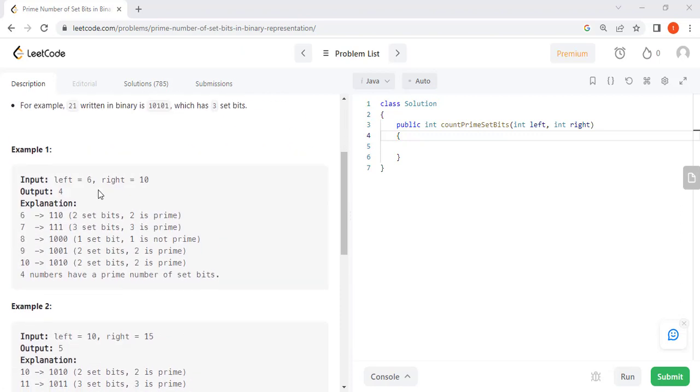Okay, so here they have given the input values 6 and 10. So from the range 6 to 10, we have to find what are the numbers that have a prime number of set bits. When I take the value 6, the binary value of 6 is 110, that is 2 set bits. 2 is a prime number. When I go for the number 7, the binary value of 7 is 111, 3 set bits, 3 is